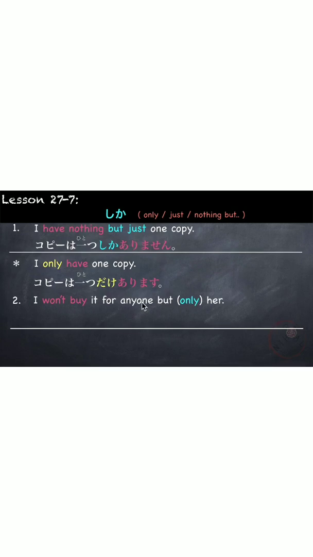Another example, I won't buy it for anyone but her. 彼女にしか買ってあげない。So here we have a negative verb, 買ってあげない、あげません。But for だけ, I'll buy it only for her. 彼女だけに買ってあげる。So here we use the positive form, あげます or あげる。